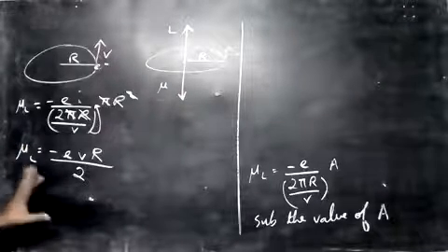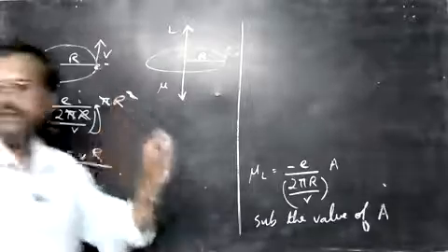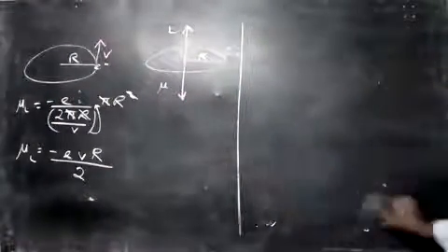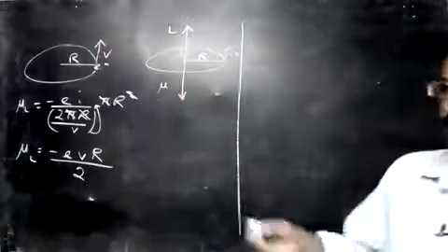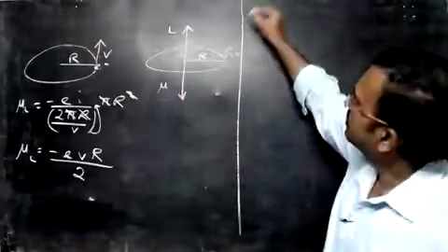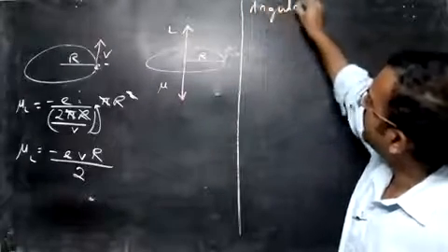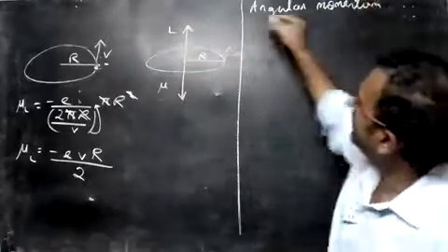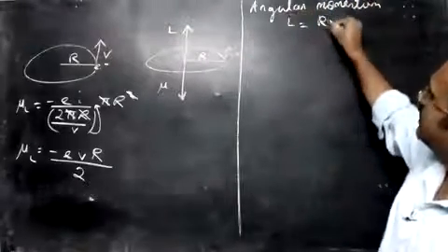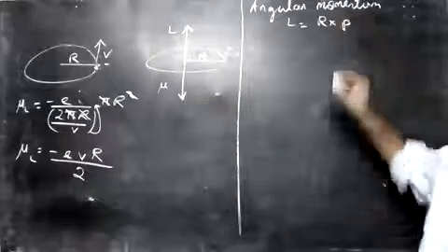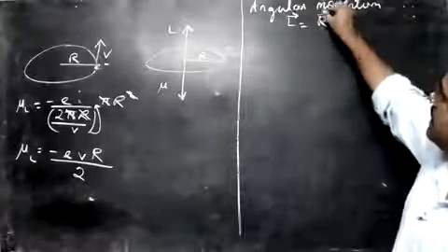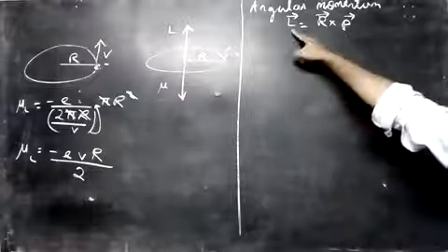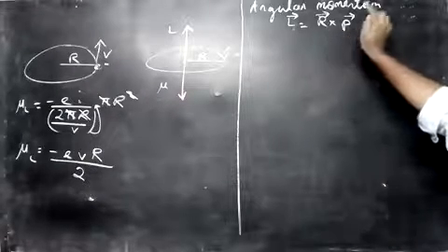Now we need to see the angular momentum here. I said L means the angular momentum. So let us see what it means. Let me write here: the angular momentum stands for L. L is equal to, we learned that in 11th, R cross P. Angular momentum is a vector quantity. It's equal to the radius vector into the momentum vector. P means momentum. L means angular momentum. R means radius.